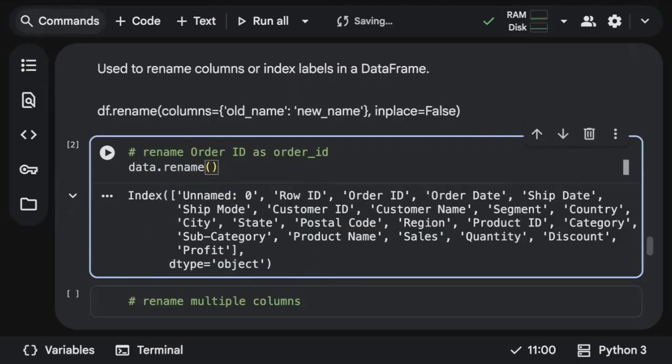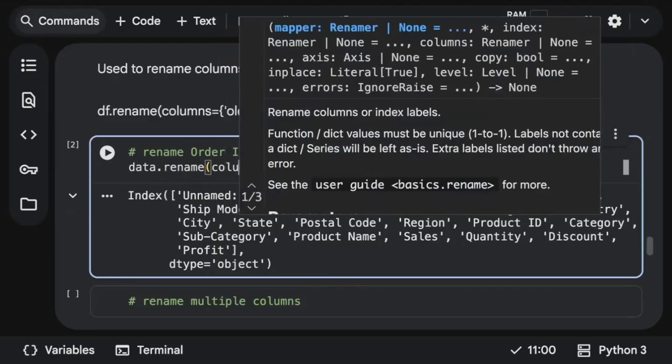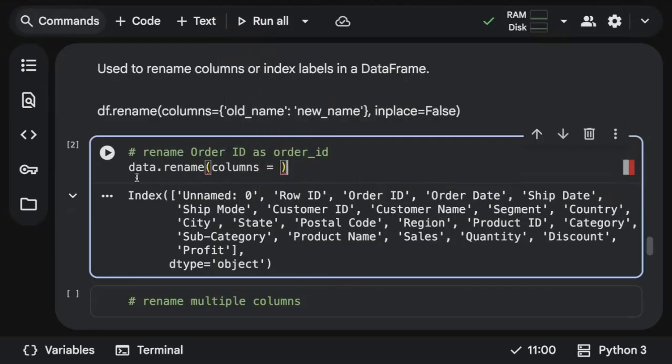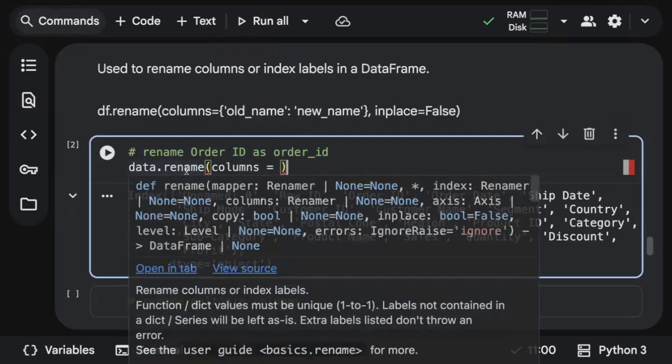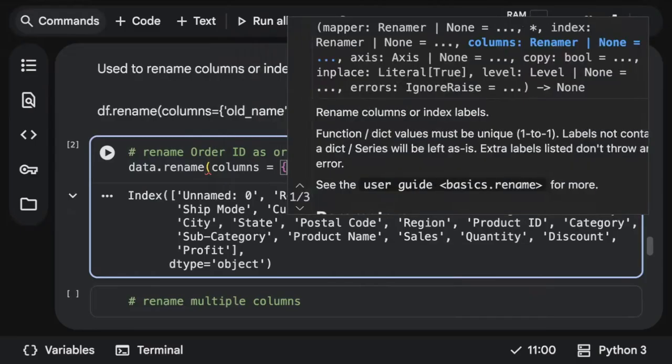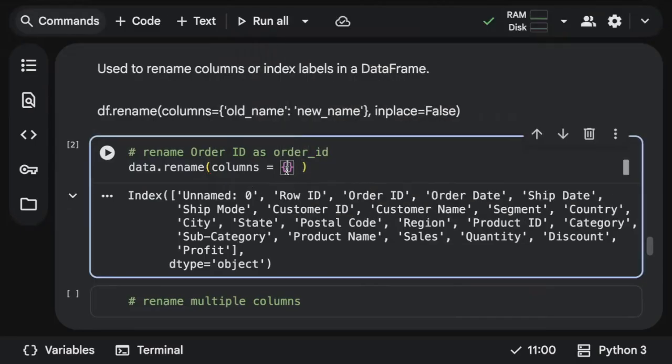Since we are renaming columns, you have to mention columns is equal to a curly brace, because we use a dictionary to specify the old name and the new name that we are giving. So I have to rename Order ID, and this has to be replaced with the new name, which is going to be order underscore ID, everything in lowercase.